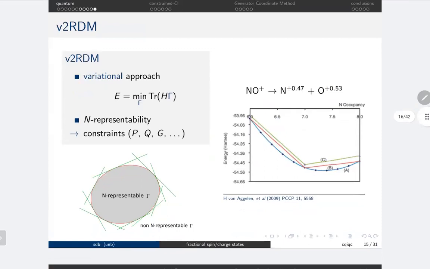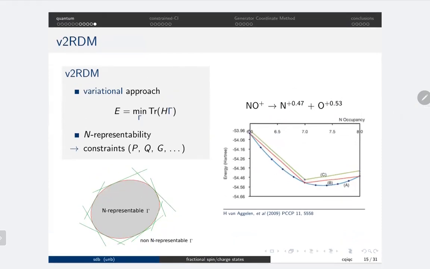Okay, so I came in, actually, I'm not a DFT expert. Some people may already have figured that out, but I came in from a different direction. When I joined the chemistry community, I was very much interested in the variational optimization of the two-body reduced density matrix. The idea is very simple. If you look at the energy, it is basically a trace over the two-body density matrix, because Coulomb interactions are two-body,